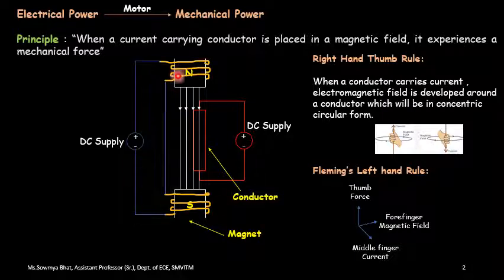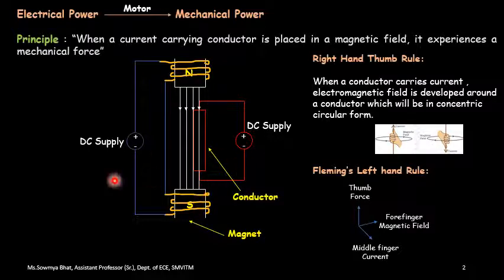So if you consider this diagram, this entire thing comprises an electromagnetic circuit, and the circuit I have drawn in yellow and red represents a current carrying conductor. So now I have placed a current carrying conductor in the magnetic field. Since it has a north as well as a south pole, the direction of the flux lines will be from the north direction to the south direction. So the arrow is facing downwards over here.